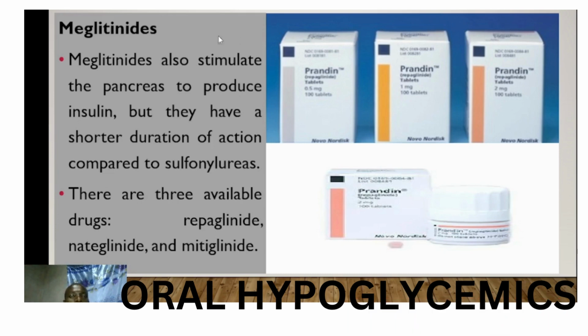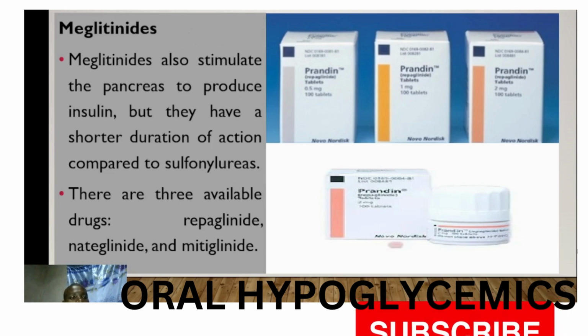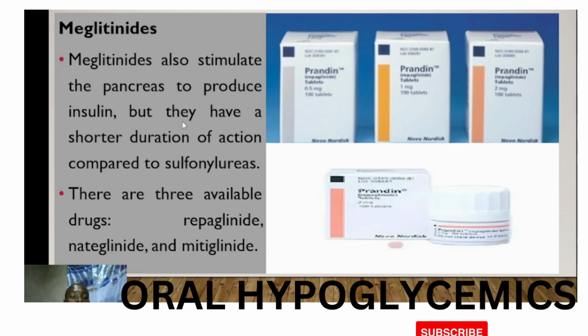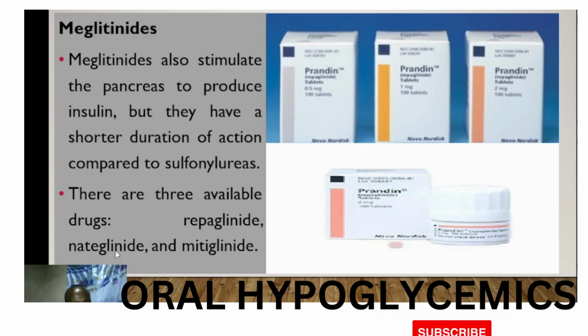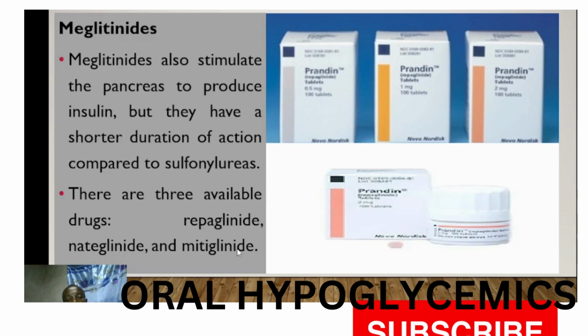After looking at the biguanides and sulfonylureas, we go to the meglitinides. So these meglitinides stimulate the pancreas to produce insulin, but they have shorter duration of action compared to sulfonylureas. So they work more or less like the sulfonylureas, the glibenclamide, but they have a shorter duration of action. Examples, we have repaglinide, nateglinide, and mitiglinide. Okay,